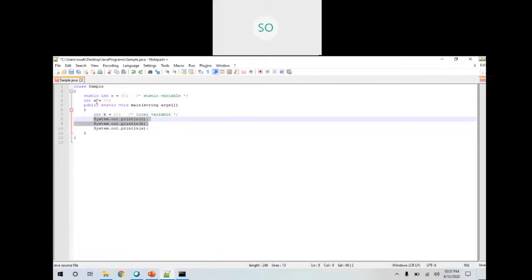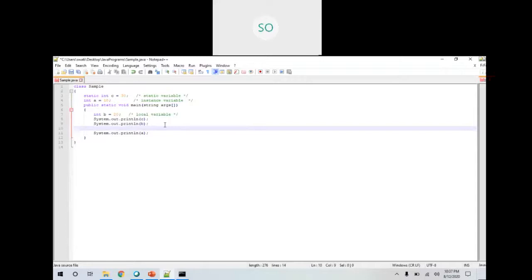But see, this int a equal to 10 is an instance variable, we cannot access it directly. So while printing the value of a, it is giving an error, right? It will print the values of c and b as 30 and 20, but while printing the value of a, it is giving an error.